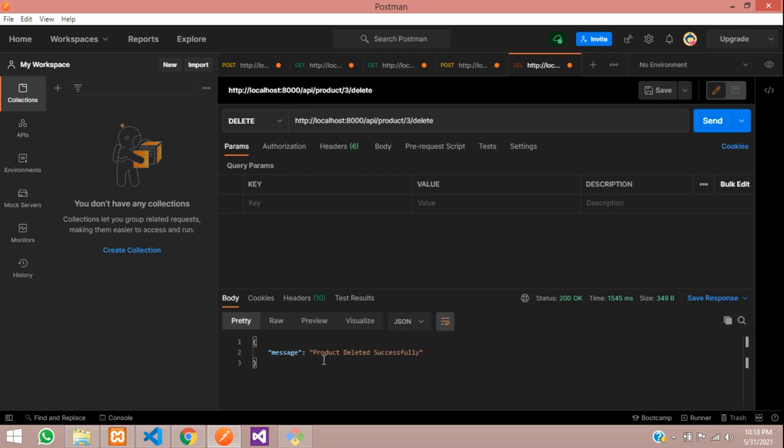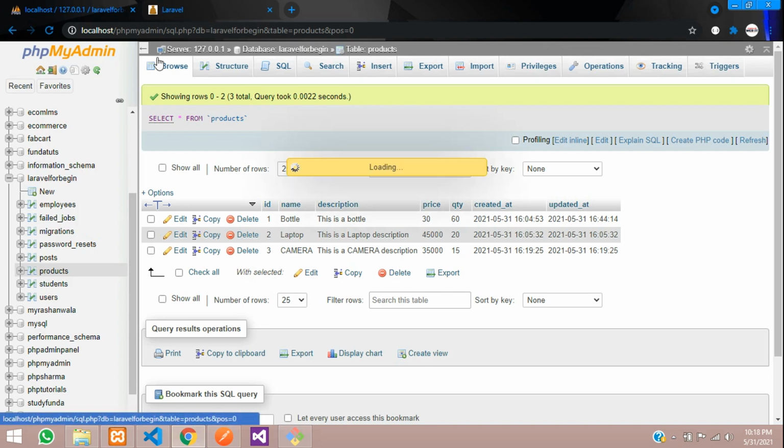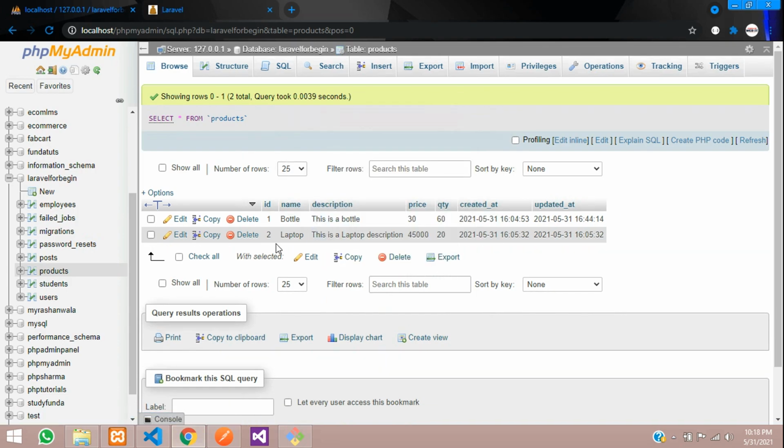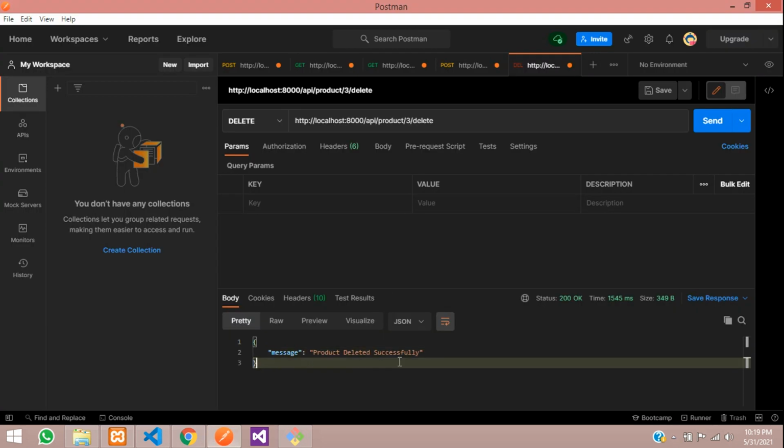Let's see what happens. Product deleted successfully. We have got the message. And let's see in our database first. Browse. Cool. So the third data is deleted, guys. So guys, we have successfully completed how to edit, update and then delete the data in the Laravel 8